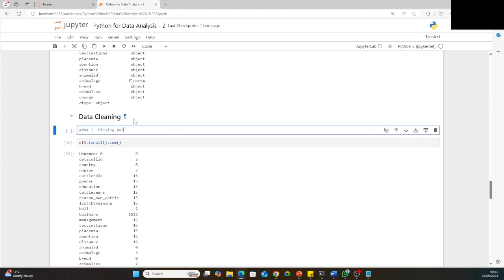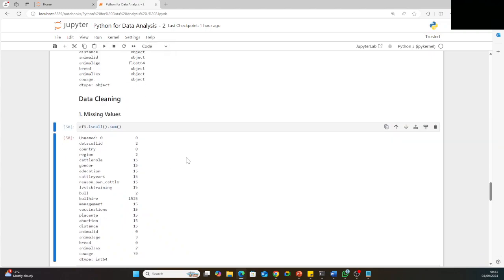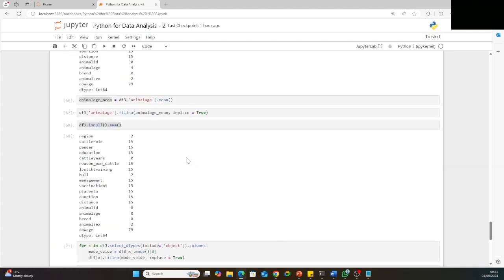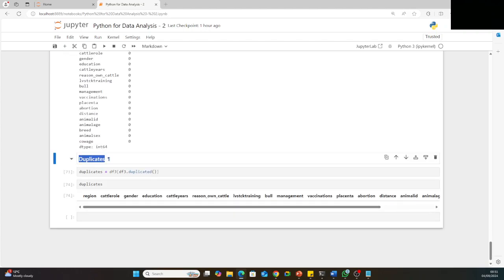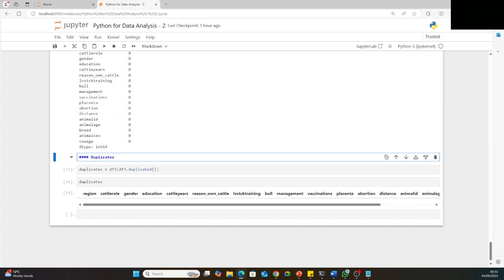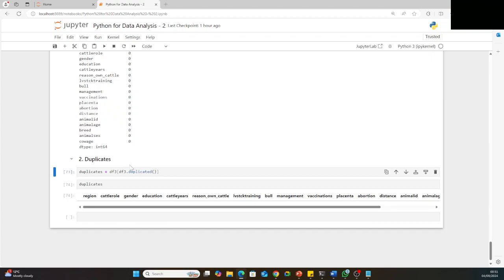Missing values. Okay. Then 2, this is 2 duplicates. Correct. Now the next thing we want to do is